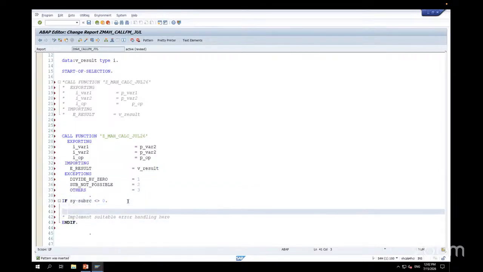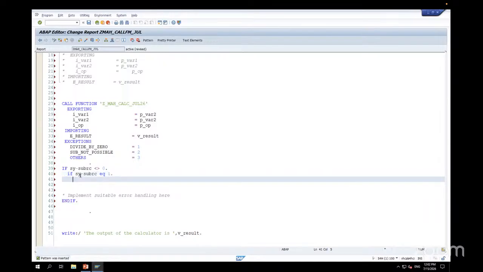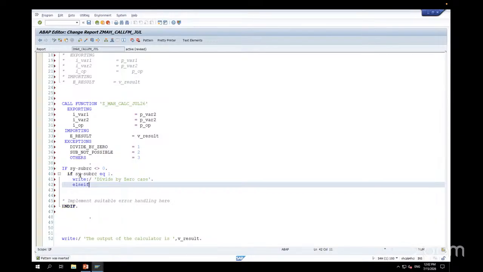If SY-SUBRC not equal to 0, if SY-SUBRC equal to 1, WRITE statement divide by 0, else if SY-SUBRC equal to 2,